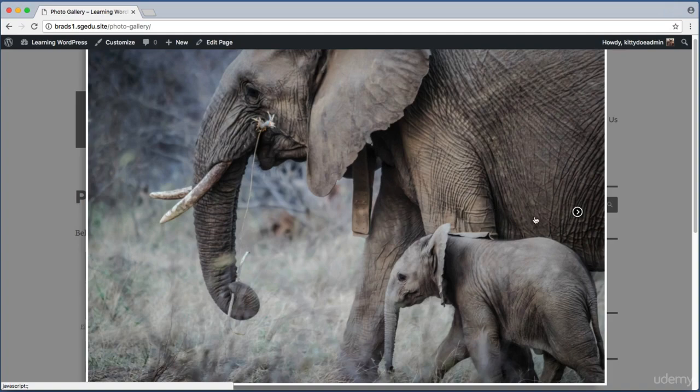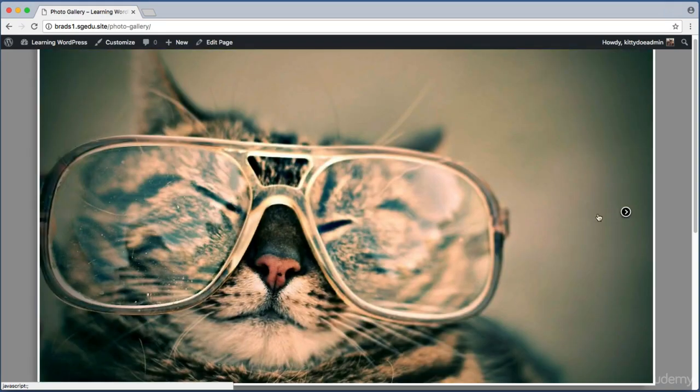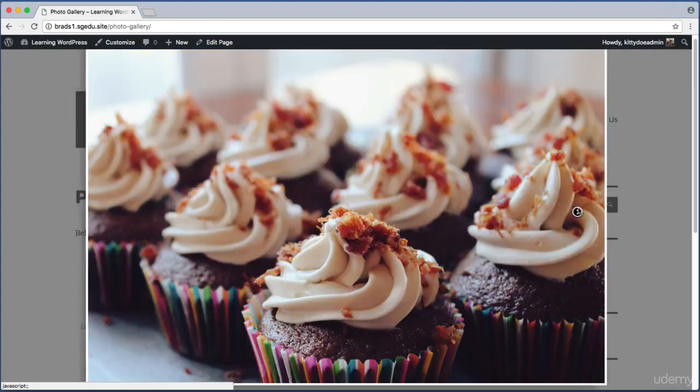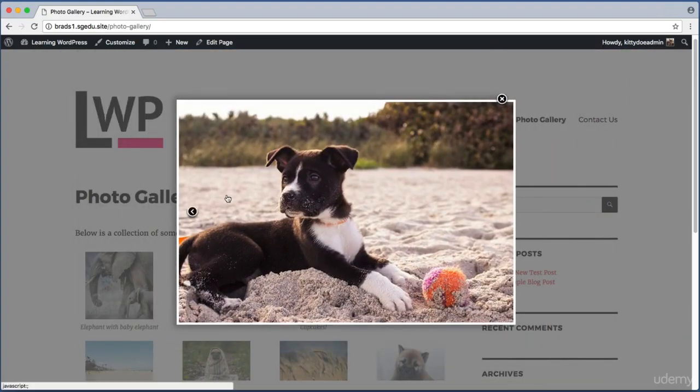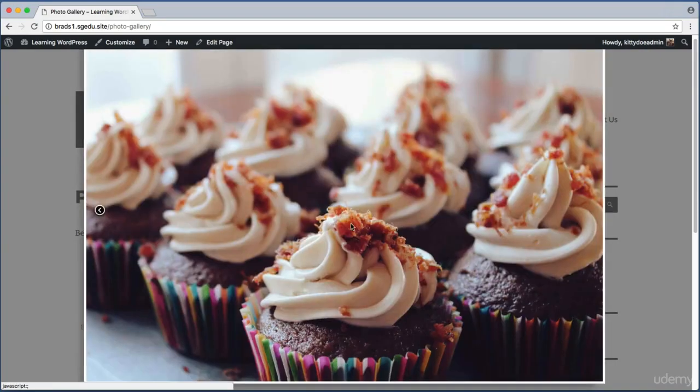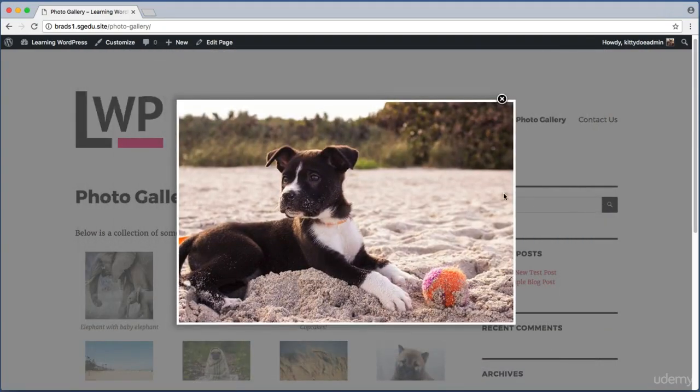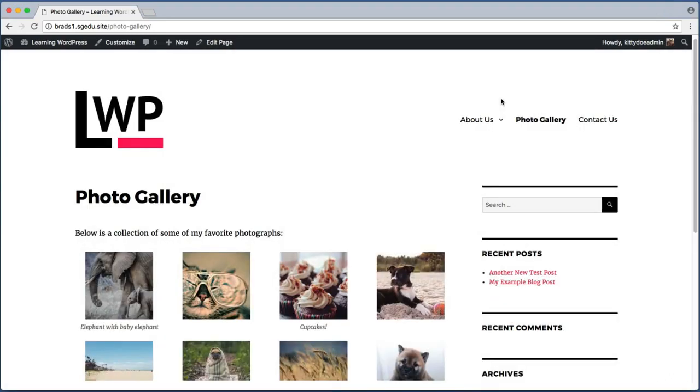And if I hover over the image, we can see this right-facing arrow right here. That lets me switch through the images. If I hover over the left-hand side of the image, we have an arrow to go back this direction. You get the idea. And we can use the X right here to close the lightbox. Okay, so it's up to you to choose which specific lightbox option you want to use. But the important point here is that we just leveraged the power of plugins to create the exact photo gallery